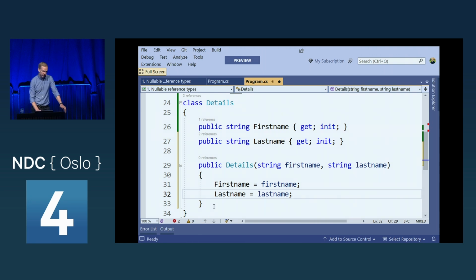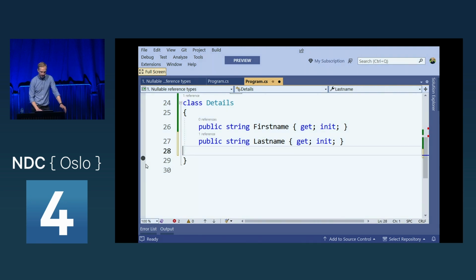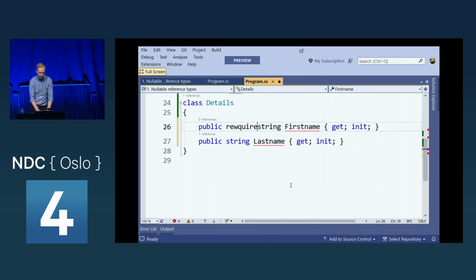I really don't want to introduce a constructor. And I'm going to get ahead of myself here and show you a language feature of C# 11 that allows us to get around this problem. I can say that this is required. If I can spell this, there we go. I can now say that anyone that's creating an instance of this has to set this value. And they can do that in the object initializer, which is very different from introducing a constructor.